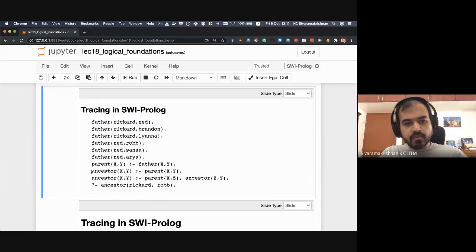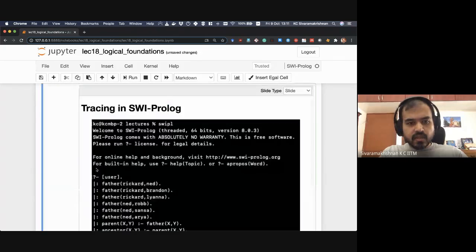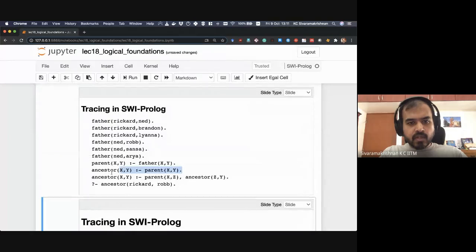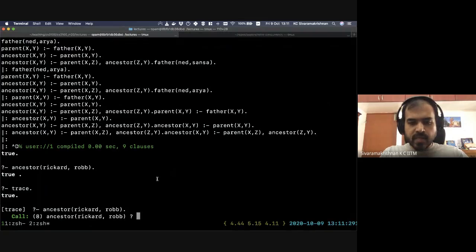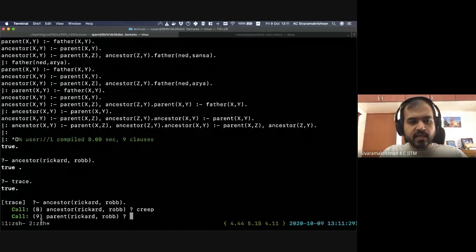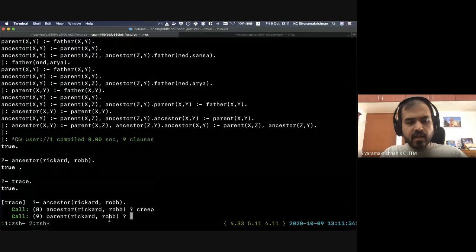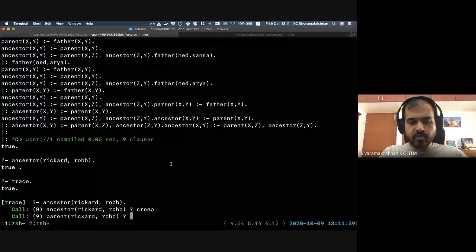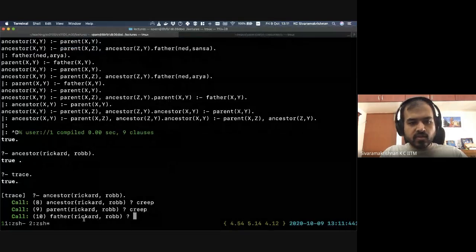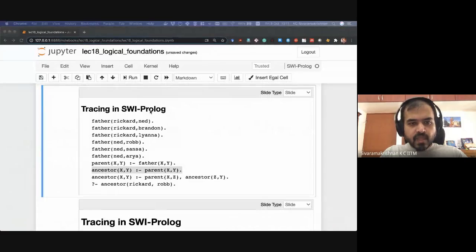That would be this one. And it's going to try to change the goal to parent Rickard Rob. So if you press enter, you can see that the call is now at parent Rickard Rob. It is now here. And now, if you go through it again, parent is going to lead to father X Y, which is father Rickard Rob. If you press enter again, now this is going to be father Rickard Rob. And